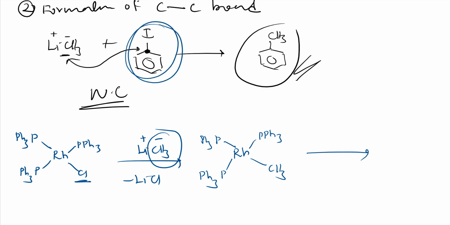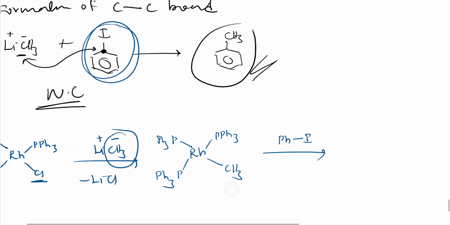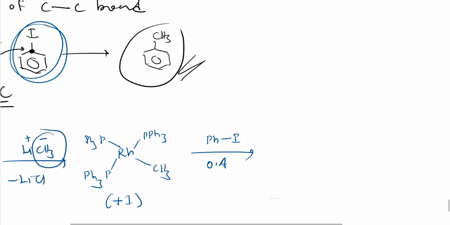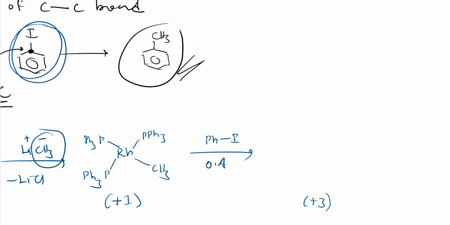Next, I will add this compound, iodobenzene. So instead of writing all those things, I will simply add PhI, iodobenzene. So this step is nothing but oxidative addition. Here the oxidation state of this rhodium is plus 1. From that it will convert to plus 3, right. And if you see its structure, you will get it, right. So here it will convert like this. While reacting, in the oxidative addition step, this Ph-I bond will be easily broken, because that bond will be weak, because the iodine size is more.